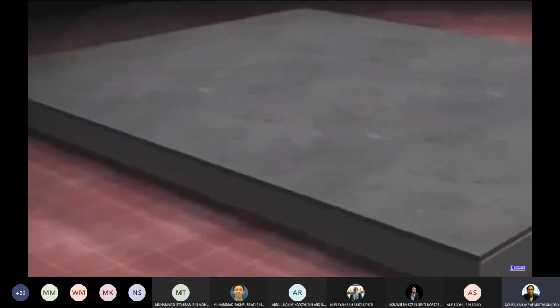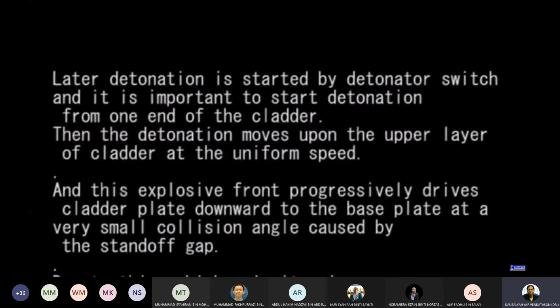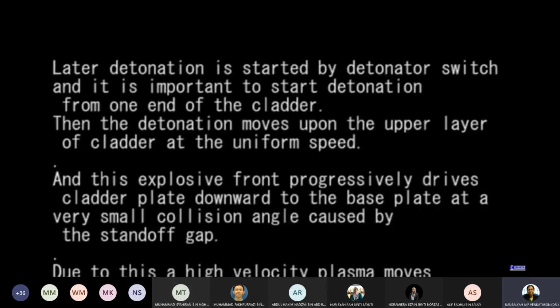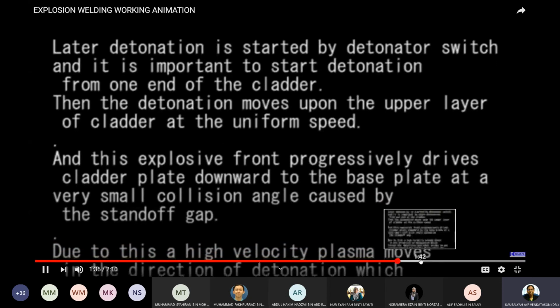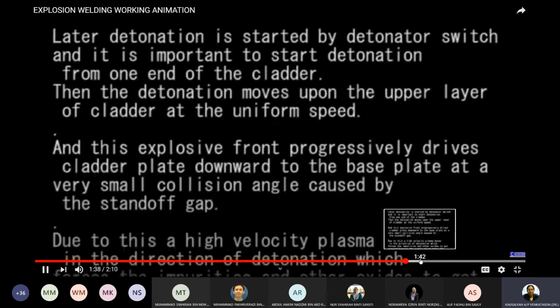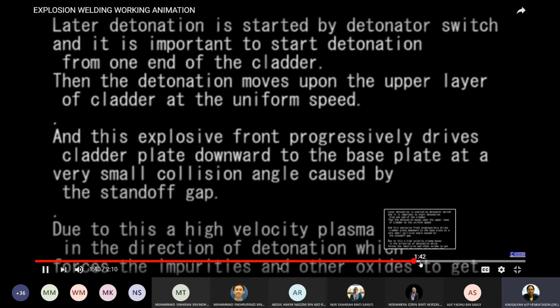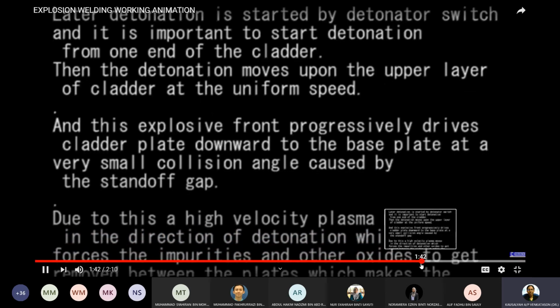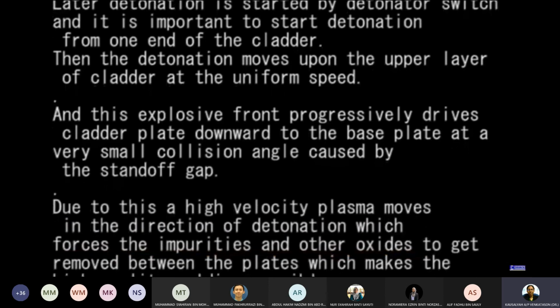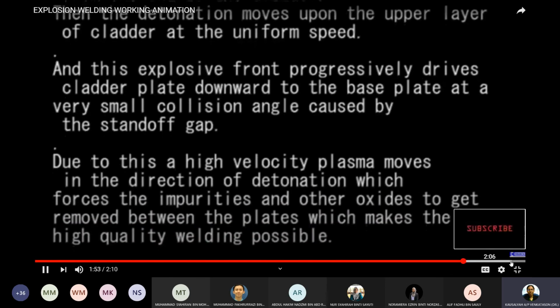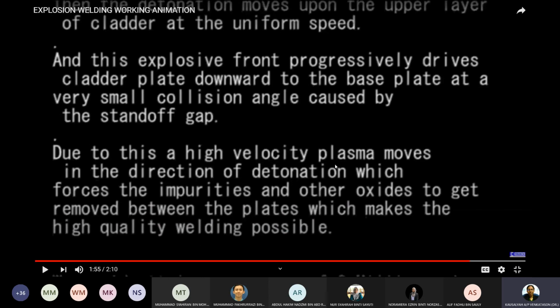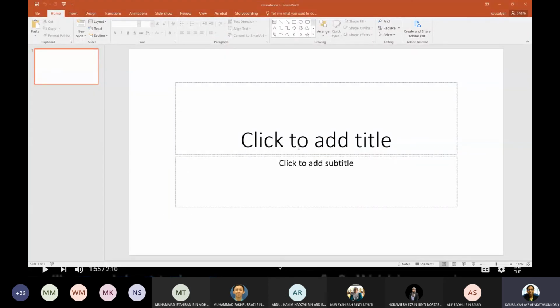Later, detonation is started by using a detonator switch, and it is also important to start detonation from one end of the cladder. Then the detonation moves along the upper layer of the cladder at a uniform speed, and this explosive front progressively drives the cladder plate downward to the base plate at a very small collision angle, which forces the impurities and other oxides to get removed between the plates. Okay, so basically